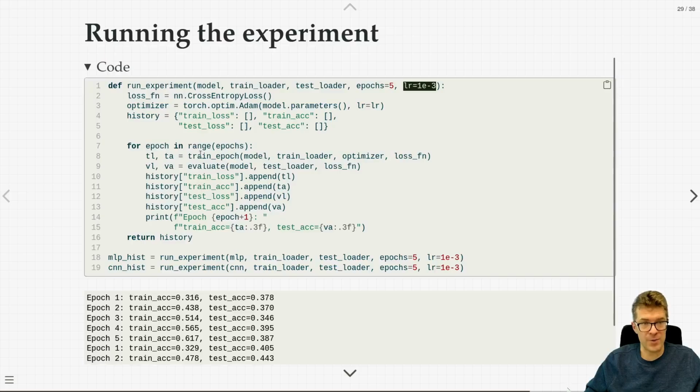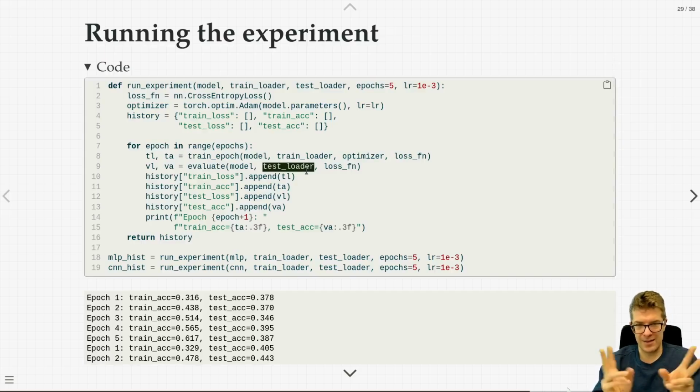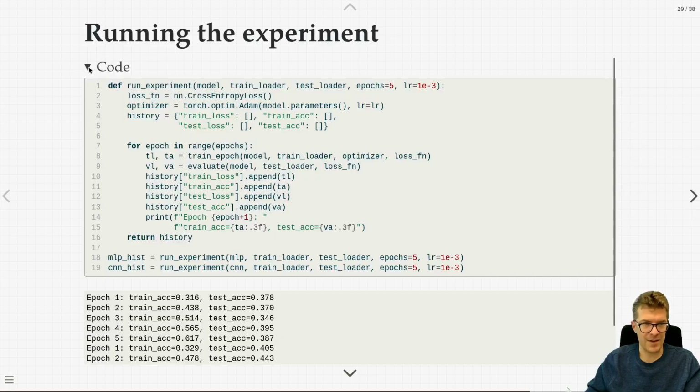For the number of epochs we have, of which there's 5 of them here, we'll do a training epoch. We'll evaluate how well we're doing on the test here. So again, I'm playing quick and loose with this. Here, a test would normally be a validation set, but just for the sake of argument, just to have something for you to see. This is what the experiments look like, and we get our outputs of these experiments over